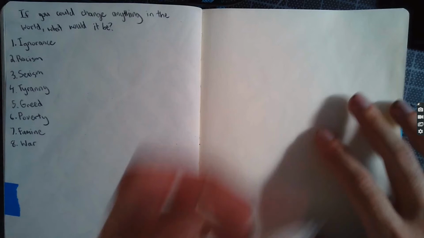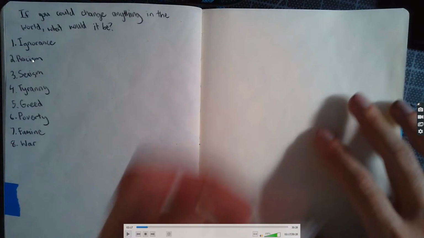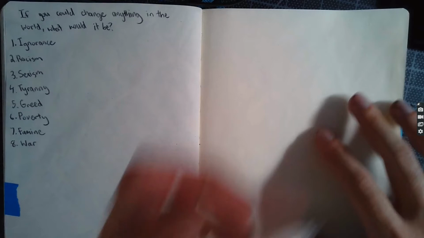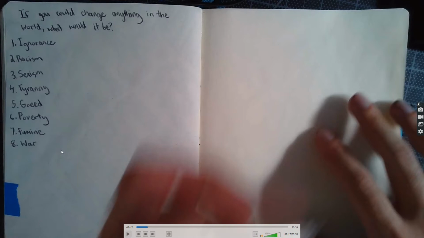Right, so at this point, you should already have your 8 words listed. I have them again, just as last time, on the left side of my spread here, so I can always refer to it. And we're going to be drawing on the right side. Okay. So the first thing you want to do is actually create the shapes that you are going to fit